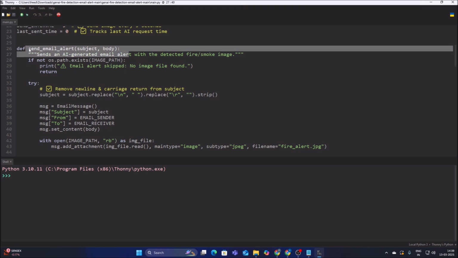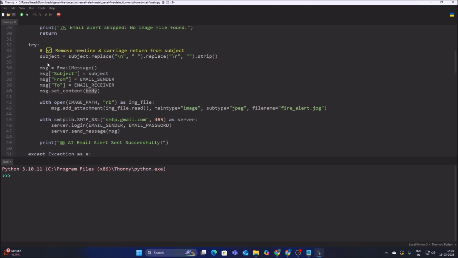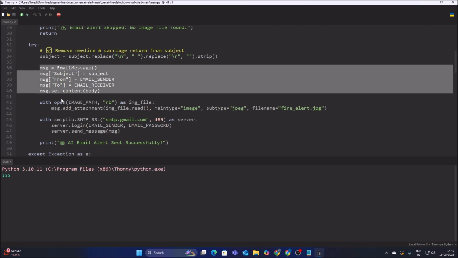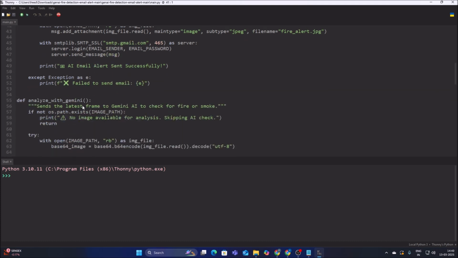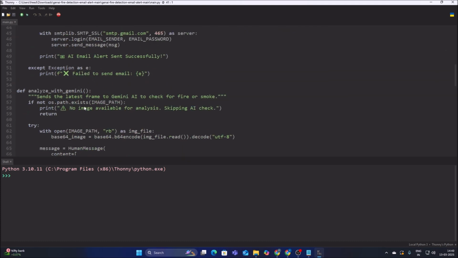So then friends, this is the function for sending email alert. Simple. And then the subject, then the message subject. This is the format, this is how we will create the mail. That's it. Simple. And then when we detect the fire, because we have our Gen AI vision, so when we